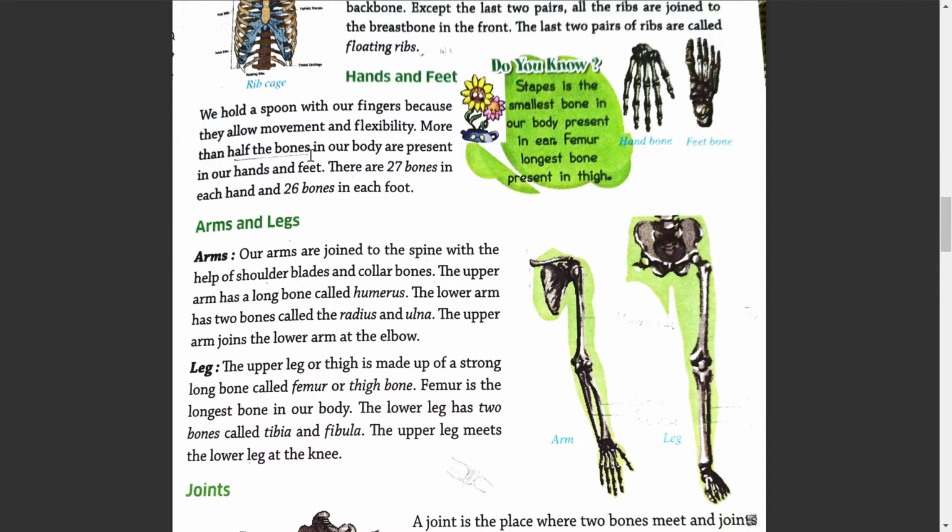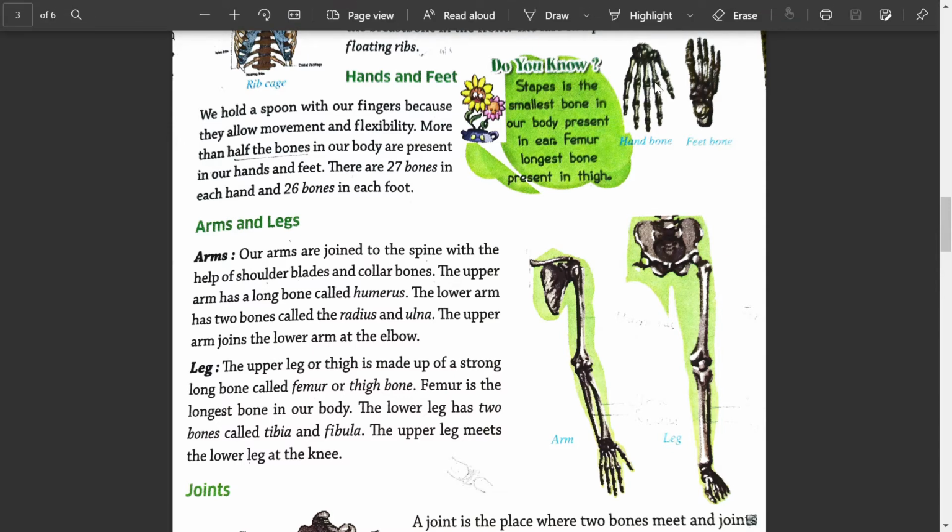More than half of the bones in our body are present in our hands and feet. So you can see the picture of hand bones. There are various small bones of different sizes in the hand and feet, and there are many bones over here. There are 27 bones in each hand and 26 bones in each foot. So 27 in each hand, and similarly in your feet there are 26 plus